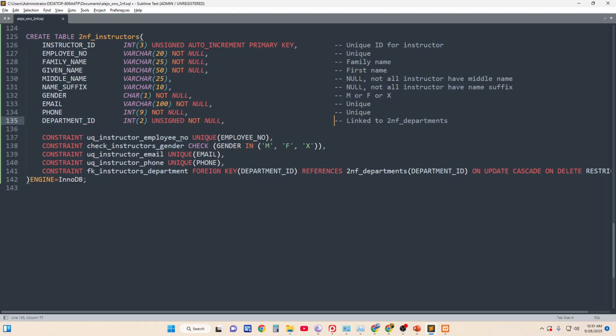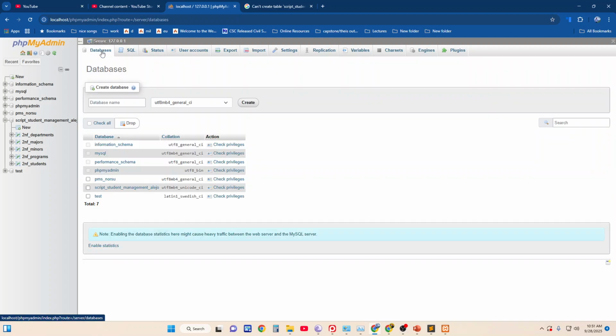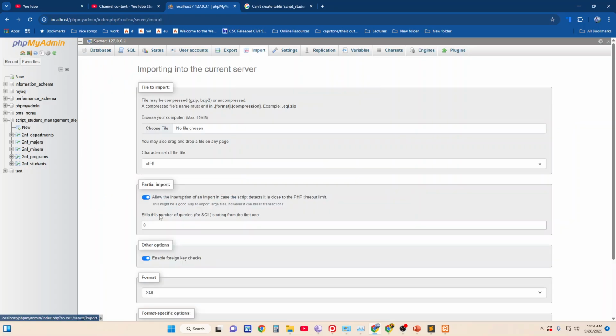That makes sense. Also, I'll put here for my phone unsigned. So that makes sense because we only have used integer. That is the problem. Only the data type here, because your primary key and your foreign key must be the same name and also the same type. Okay. That's it. So let's go to the database, import,